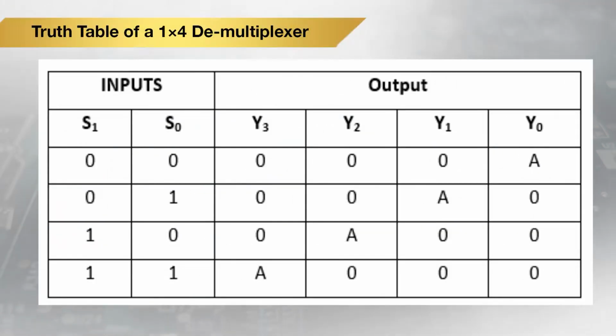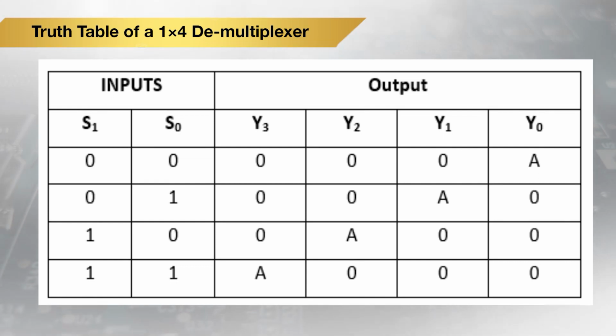So this is the truth table for a 1x4 demultiplexer. The truth table for the 1x4 demux is shown here. It has S1 and S0 at the input and outputs are Y0,